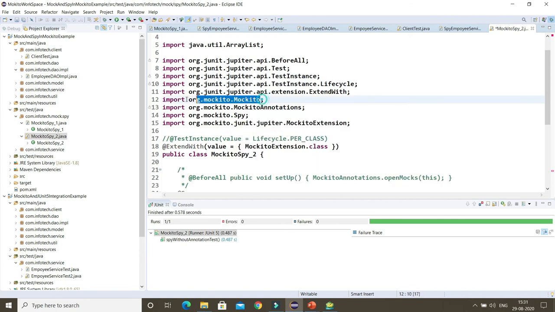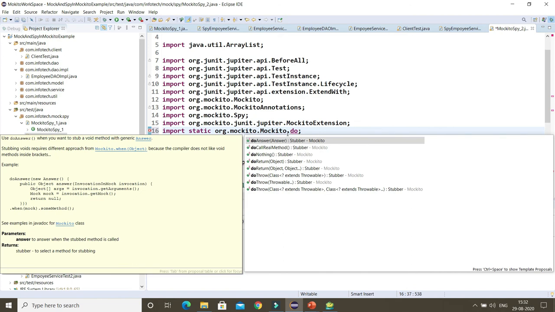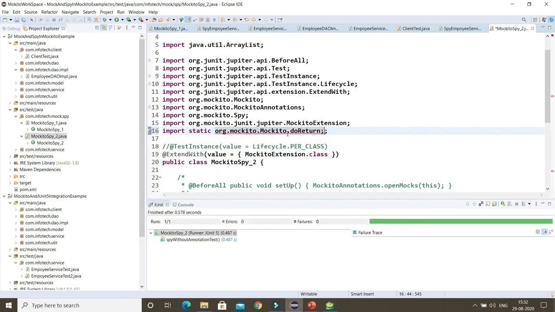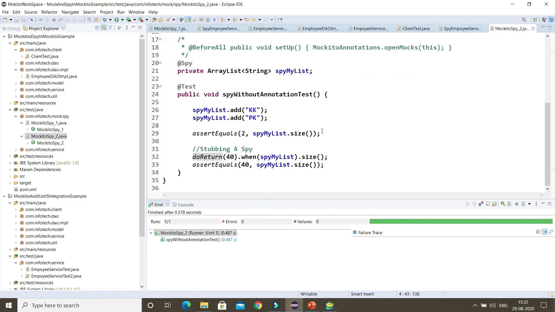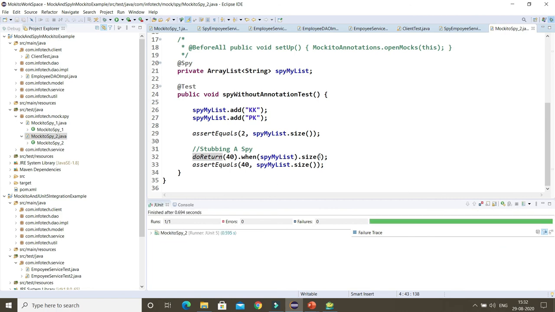Where is my Mockito? You can do a static import, here we can do doReturn. Yeah, and Ctrl+Shift+O to organize imports. So that's all. If I run after doing this refactoring, this should run perfectly fine.